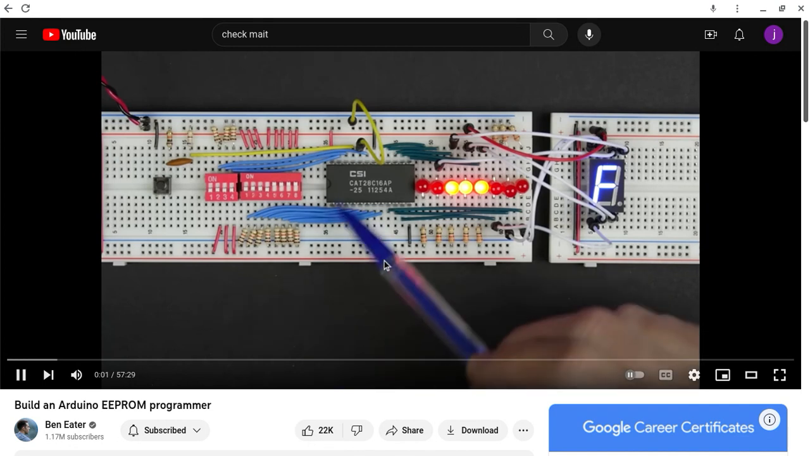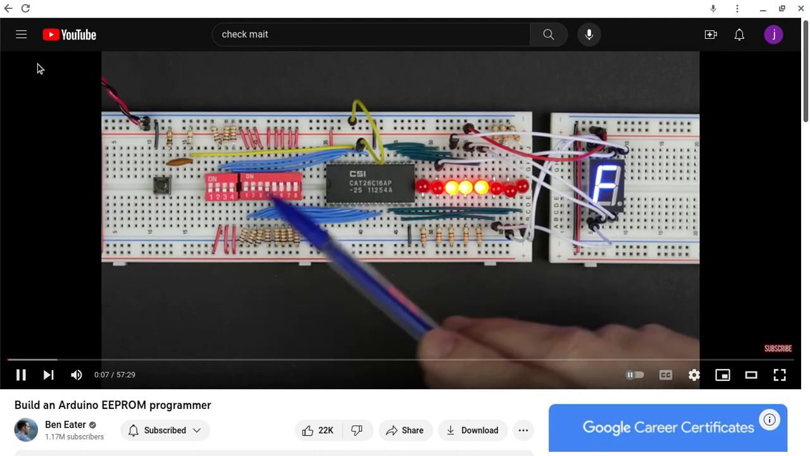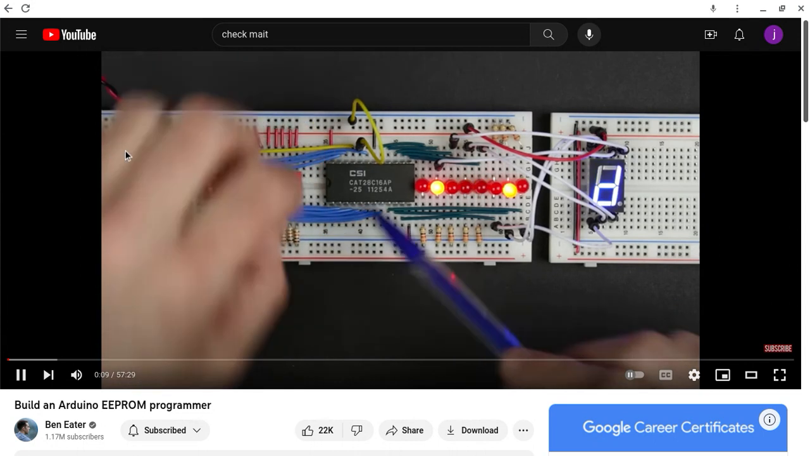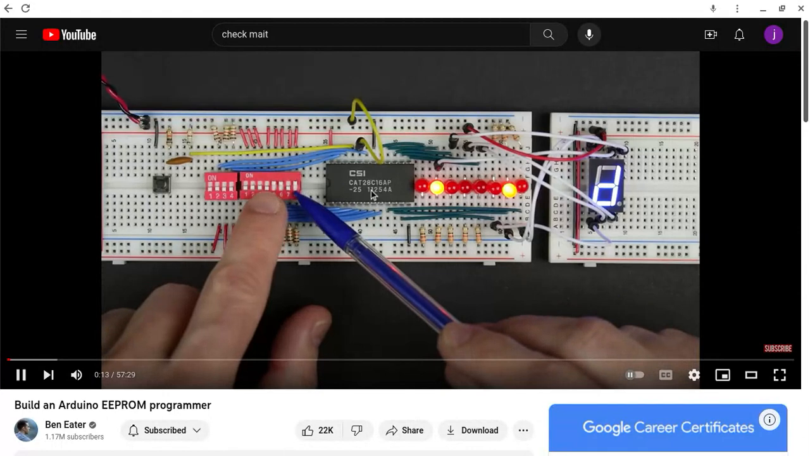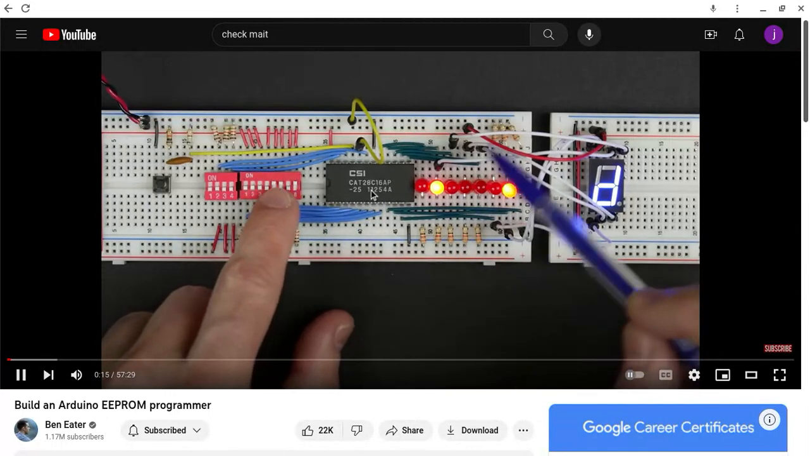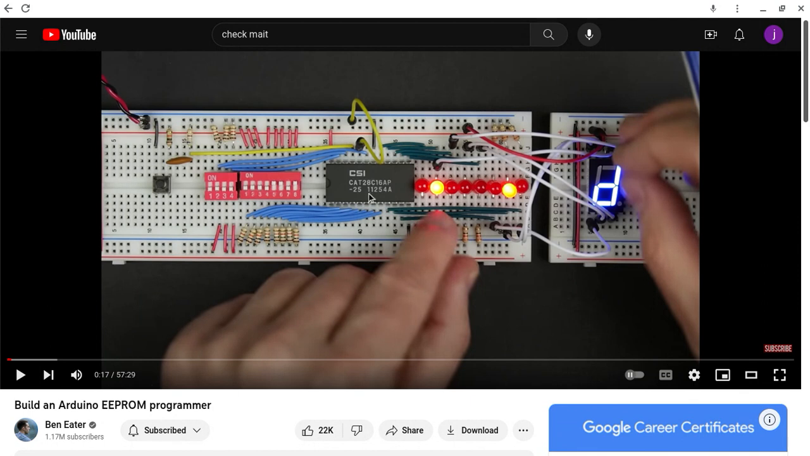So in the previous video, we hooked up this EEPROM, and we're able to hook some switches up to our address lines. And by setting these address lines, we can get different data out of the data lines. We could program it by setting the address that we wanted to program, and then hooking these jumpers up. All right. Anyways,